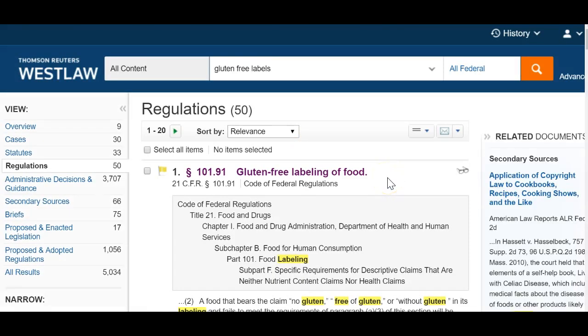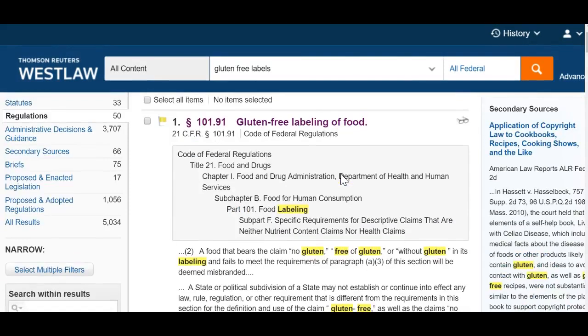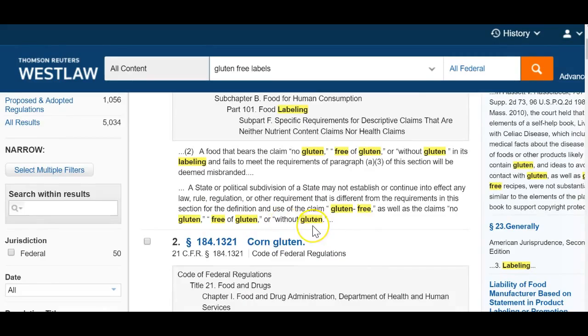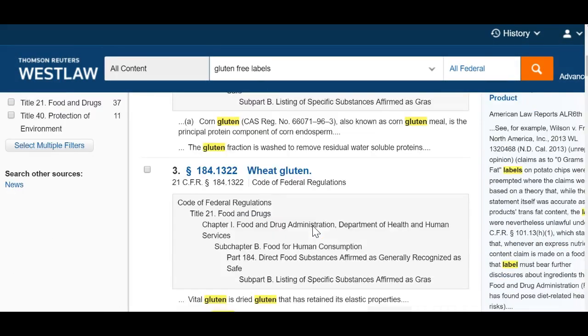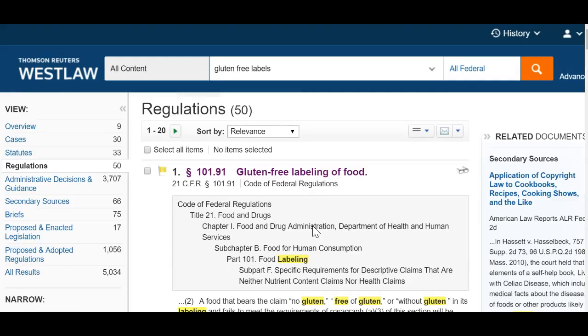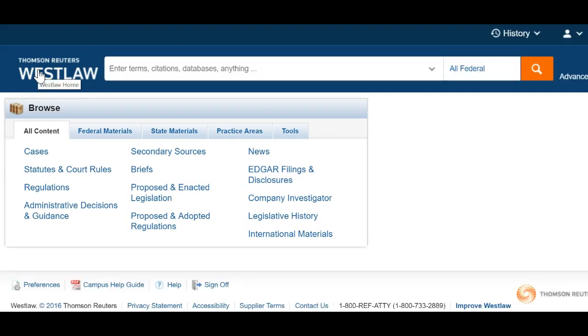Now we can click on regulations and we do get gluten-free labeling of food. Now that's one way to do a word search. And in this instance you see, because we did a word search, you see your words highlighted to let you know the context in which the gluten-free labeling is used in that particular regulation. Let's start all over again, because while that didn't take a lot of effort in our results,